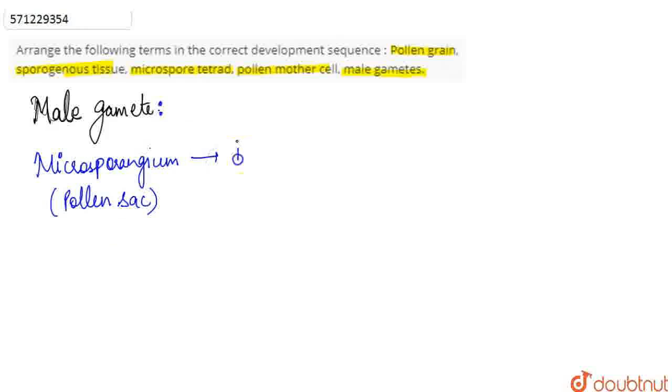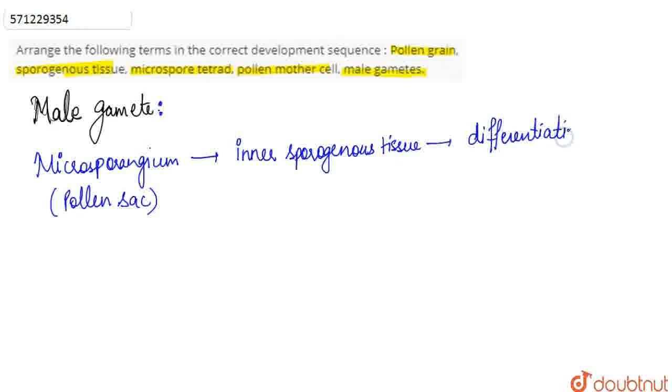They have the inner sporogenous tissue. This tissue undergoes differentiation and gives rise to the microspore, or the pollen mother cell, the PMC. Then while this differentiation occurs in the inner sporogenous tissue to give rise to the pollen mother cell,